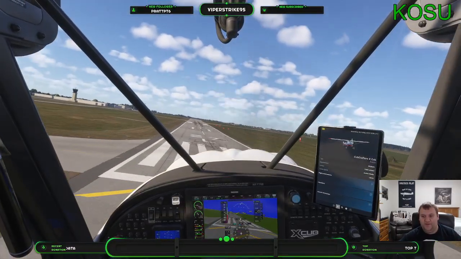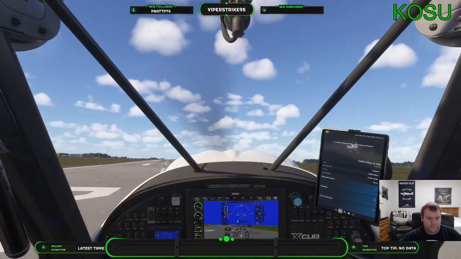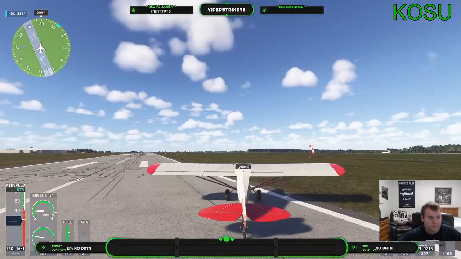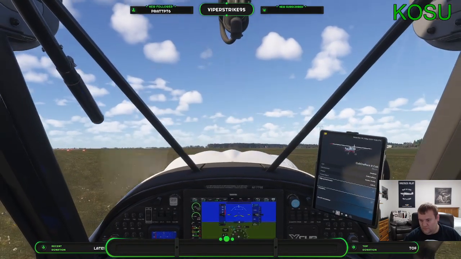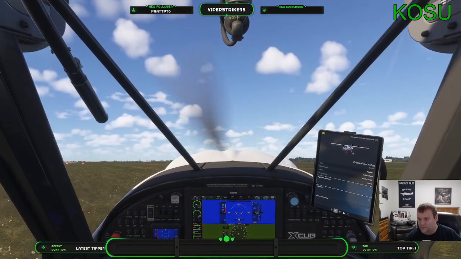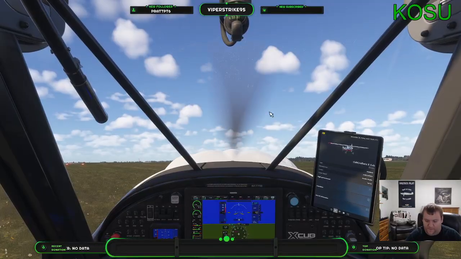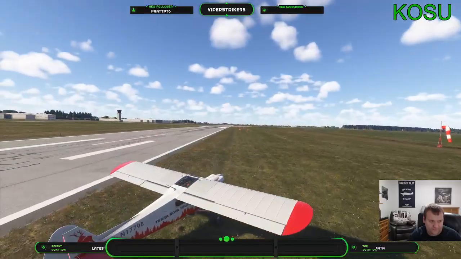First landing of the day. Not a smooth landing. So we'll stop here for just a bit.